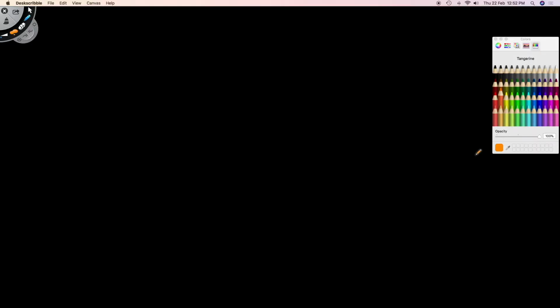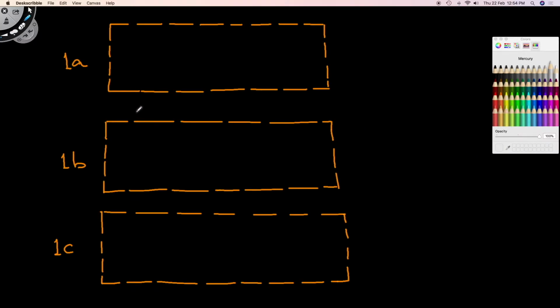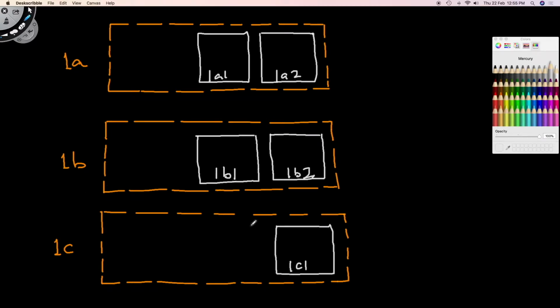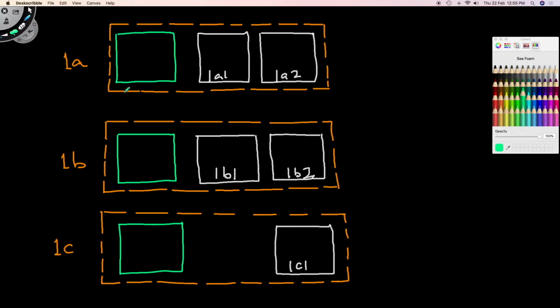Before proceeding further, let me show you the architecture which you are going to use for this demo. We have 3 AZs, US East 1A, US East 1B and US East 1C. These are the private subnets which we have created in each of the AZs. US East 1A has 2 private subnets, US East 1B has another 2 private subnets, but US East 1C has only 1 private subnet. Each AZ has public subnets also.